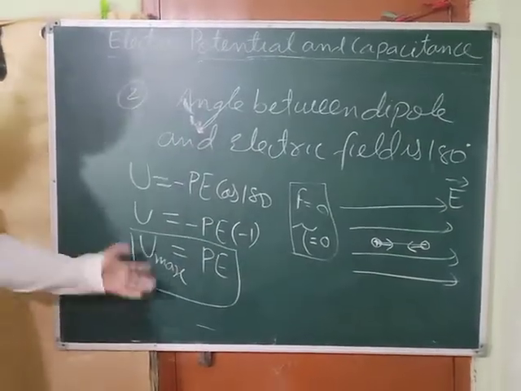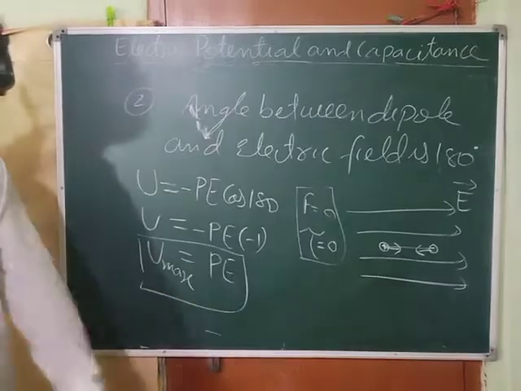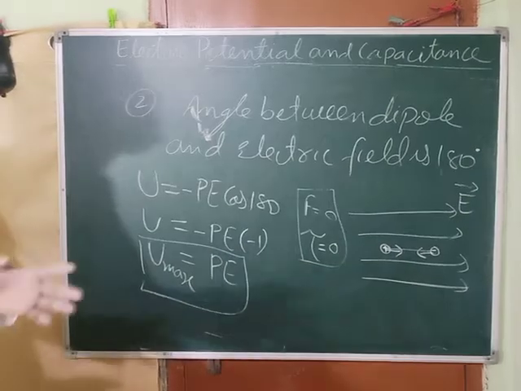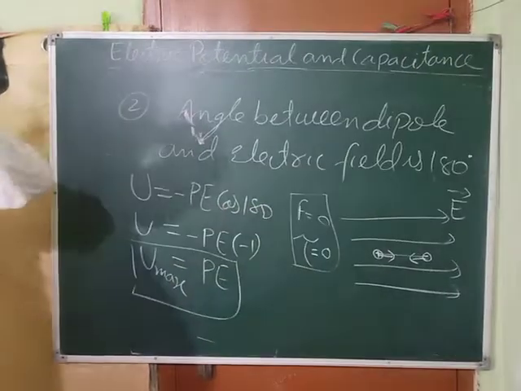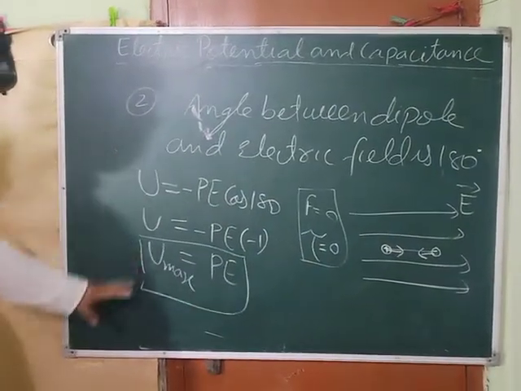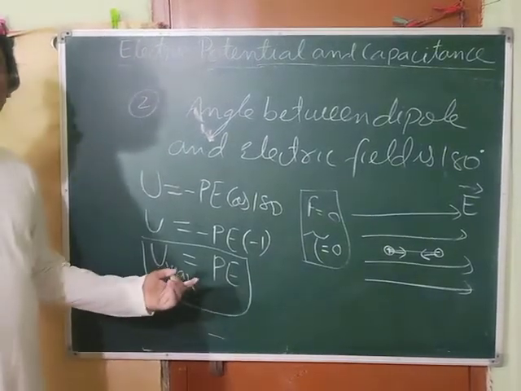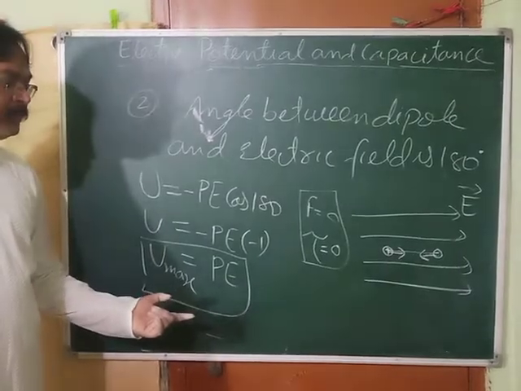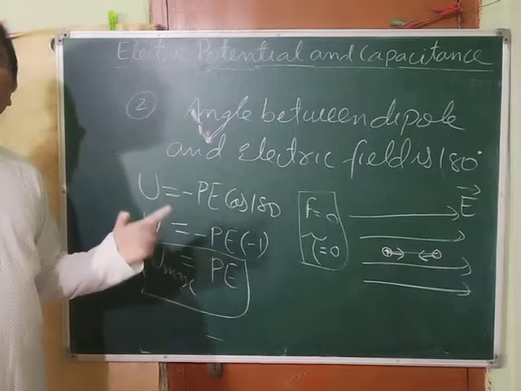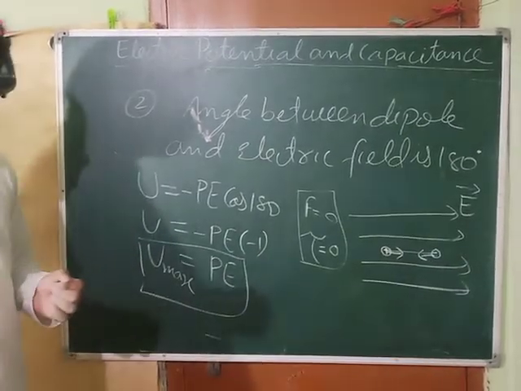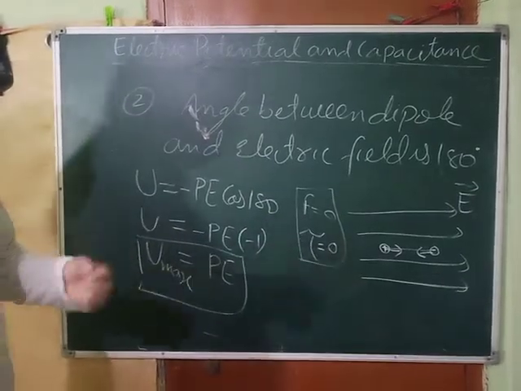And according to the concept of energy, we can say that when a body has maximum energy, then it is most unstable. Okay, it cannot be stable. Although it appears to be in equilibrium, it is not actually stable. Please note this down. Now you write. As the potential energy is maximum, so this is the situation of unstable equilibrium for the electric dipole.